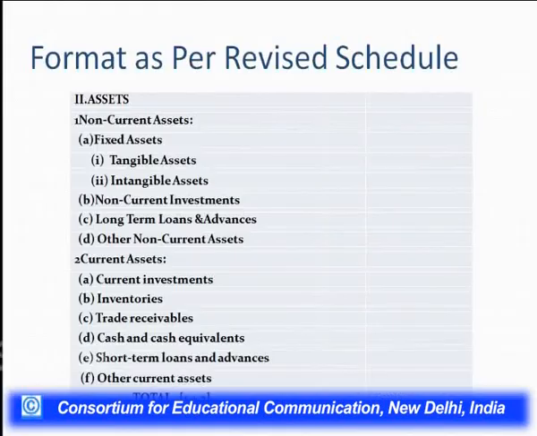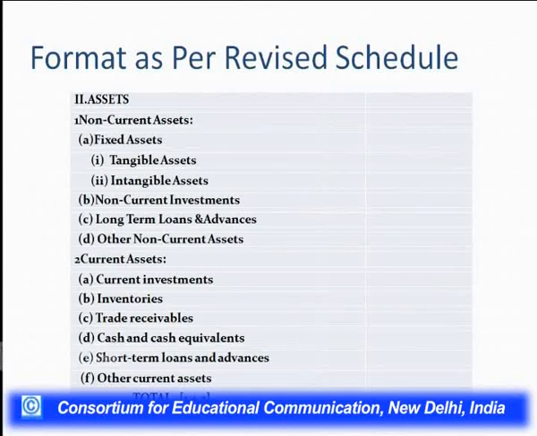And mind you, ICAI guidelines expect you to actually follow the same order of items as given in the format. This is very important. It means you need to memorize the order. So, under current assets, the order goes: we start with current investments, followed by inventories, then receivables, followed by cash and equivalents, then short term loans and advances, and the last item would